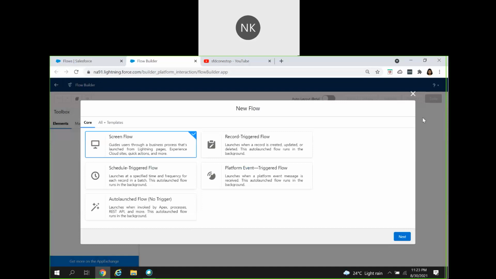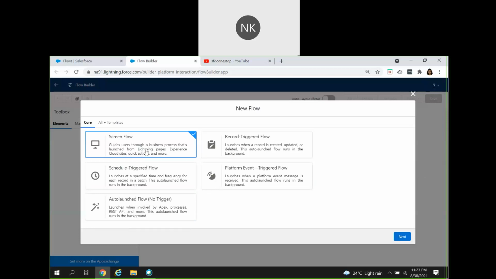There are different types of flows available. We have a screen flow, schedule triggered flow, auto launched flow, record triggered flow, and platform event triggered flow. Salesforce is coming up with many new things in flow, but today's session we will mainly concentrate on the screen flow.